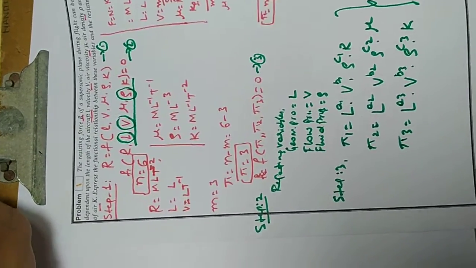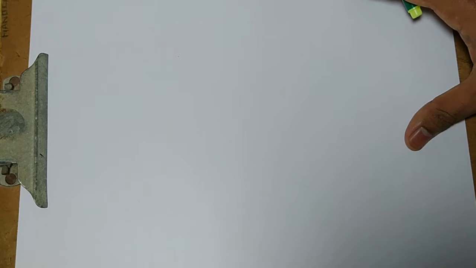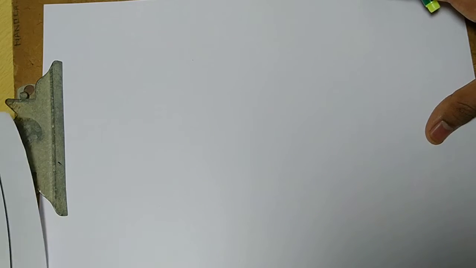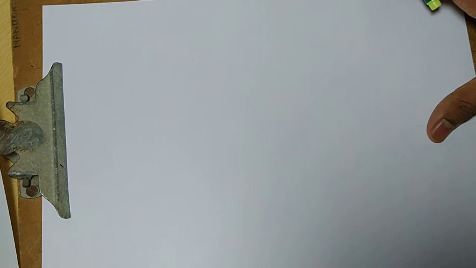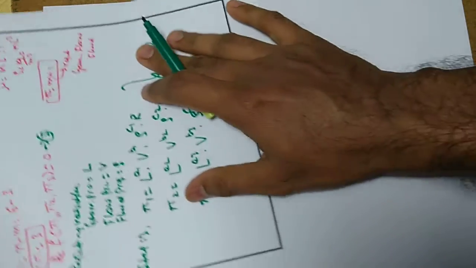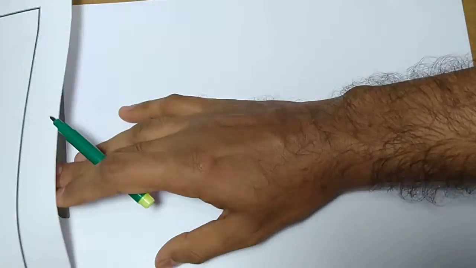Now take the first equation here. What is the first equation? In equation 4, the first equation, I will take one by one. Take the pi 1, pi 2, pi 3 and solve the equation. In equation 4,